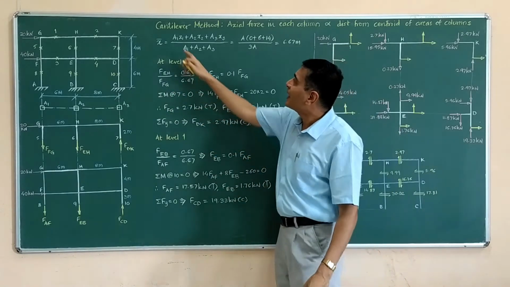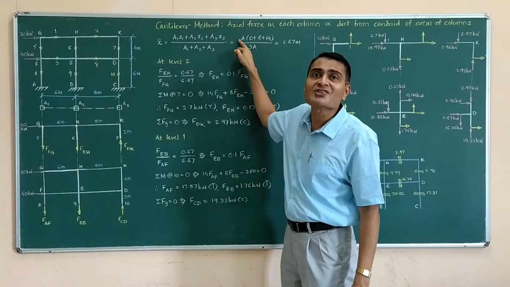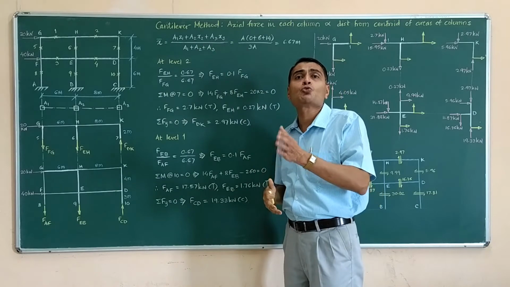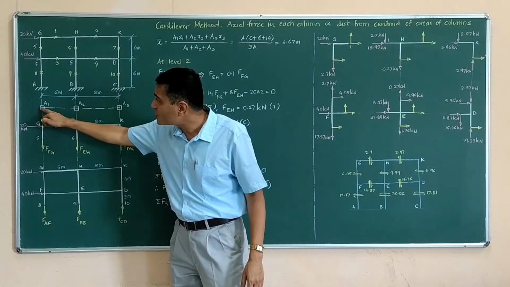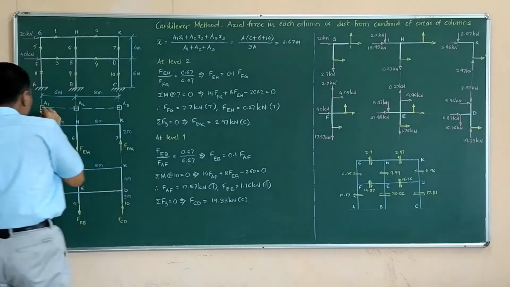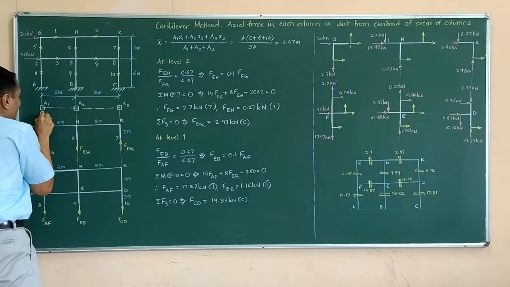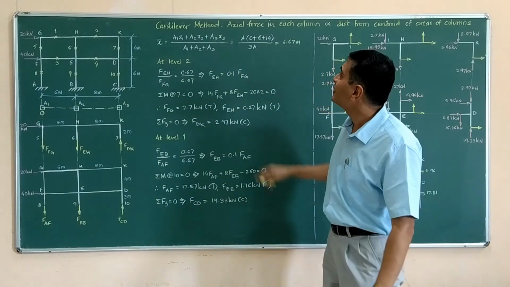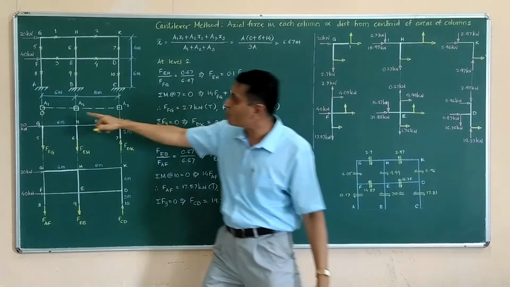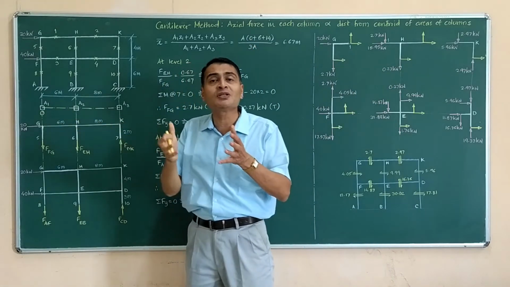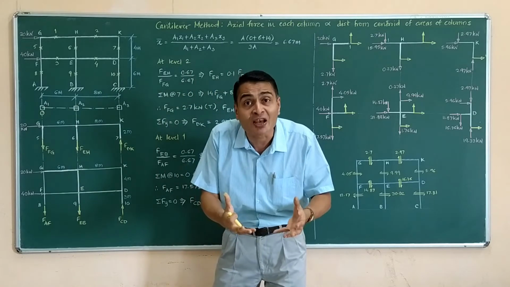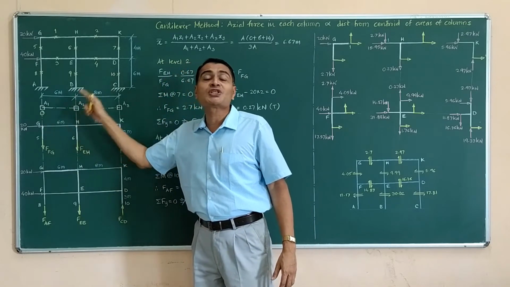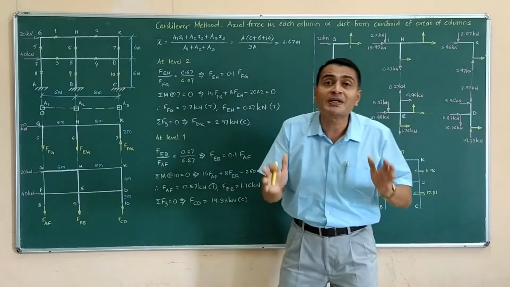If they are equal, A1, A2, A3 will come out as common factor A. Inside the bracket I will have x1 plus x2 plus x3. Now since this is my origin, I will write here O so that there is no confusion. If O is my origin with respect to which I am measuring my centroid, then obviously x1 is 0 because the position of the first column from origin is 0. First column is at origin itself. Second column position is 6 meters away. Third column position is 6 plus 8, that is 14 meters away.